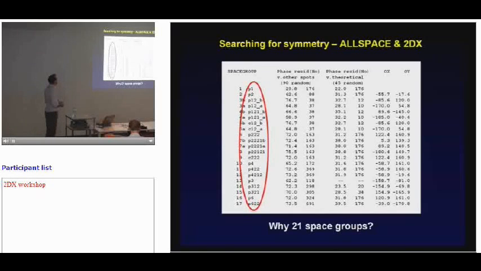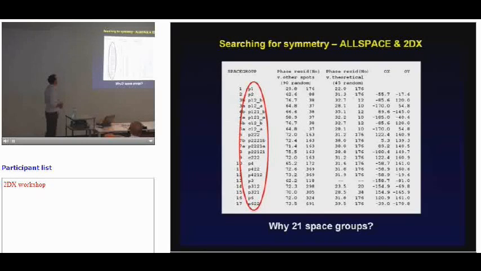Here we have a list of all of the possible space groups in 2D, and it basically spits out some scores which you can then use to evaluate your symmetry. I realised this morning this is a really bad example because it doesn't pick up any symmetry here. The reason for that is because this is actually a tilted crystal. But regardless,